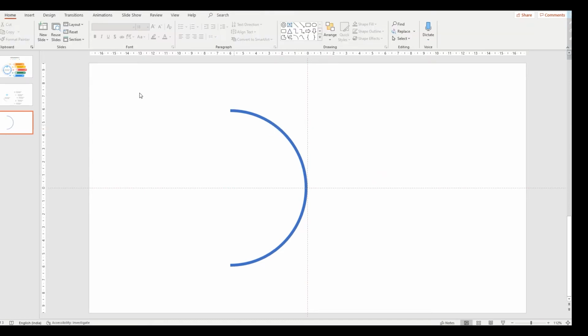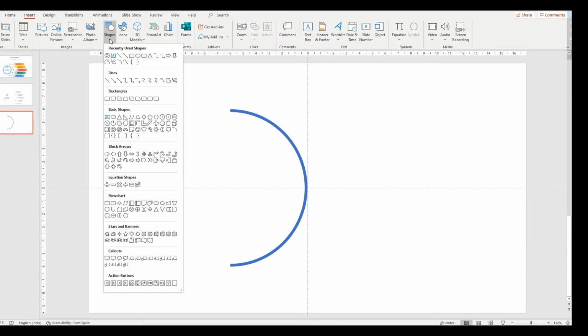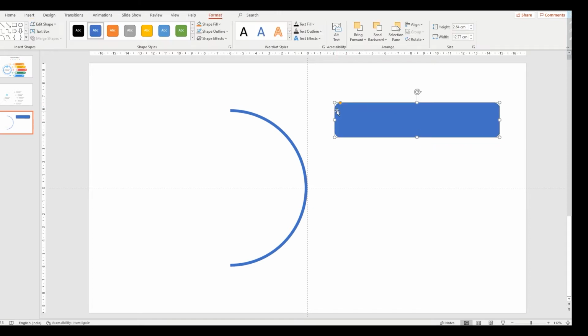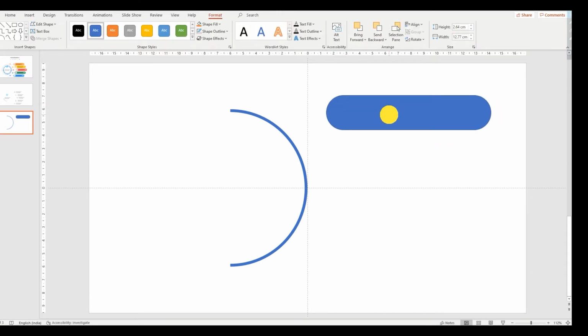Now okay, now what we are going to do means insert some shapes. This one we are taking, little bit decrease the size. Now it is okay. Remove the outline. See this one.